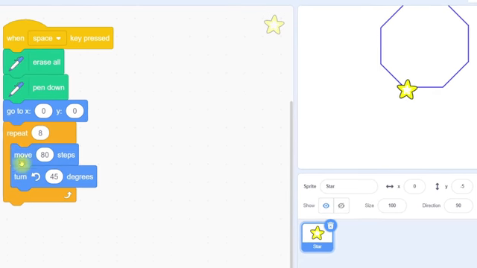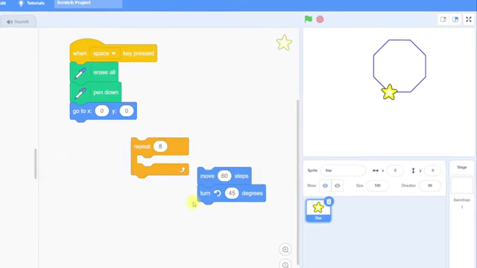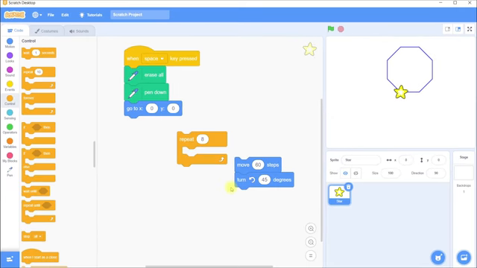It's a little bit off my stage because one side is too long. So I'm going to make that 60. Let's see what happens. Beautiful octagon. At the end of this video, I'll show you a chart so that you don't have to do the maths. You can just put the numbers and the angles in for any polygon right up to a dodecagon, which is